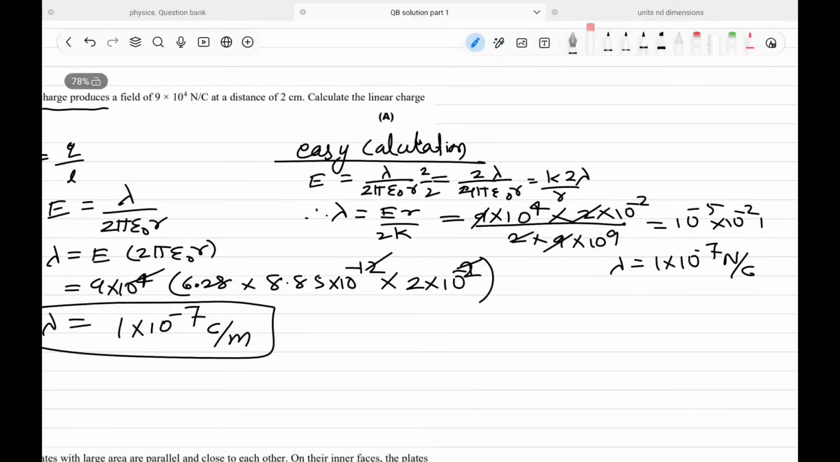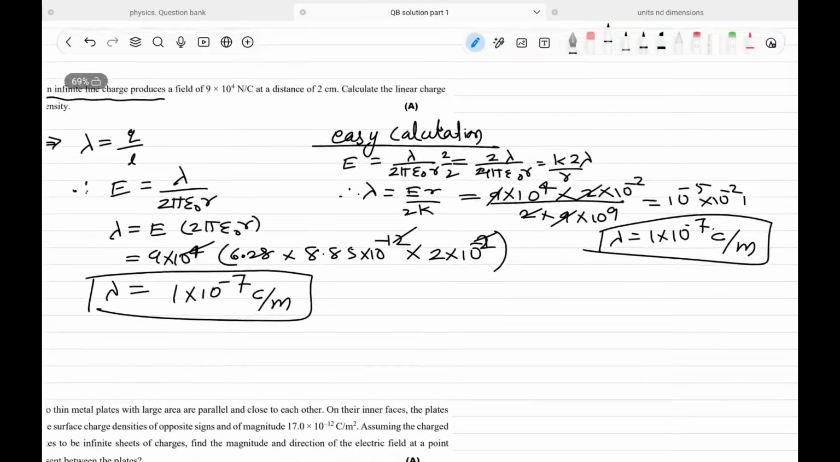meter, okay, sorry, Coulomb per meter. Okay, easy way calculation, this also. Okay, now